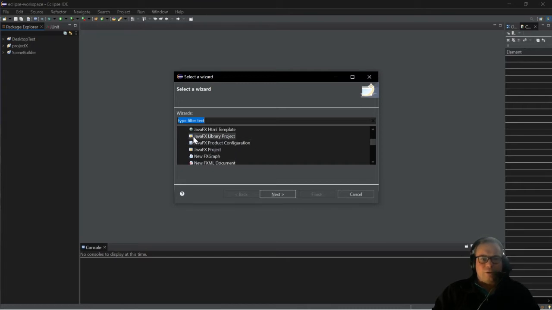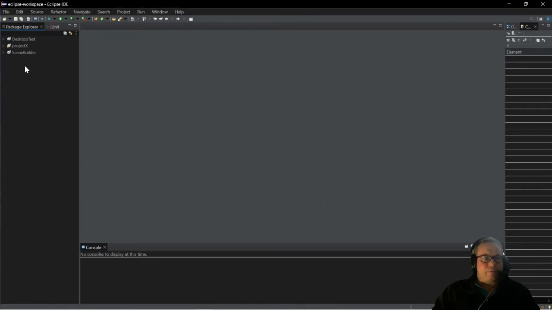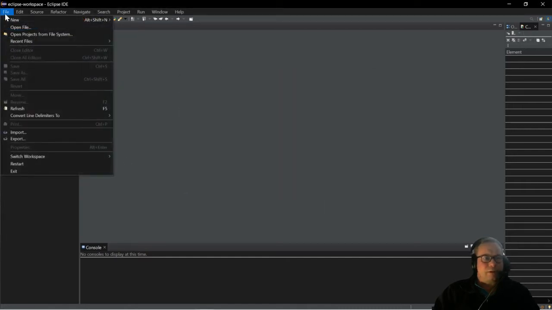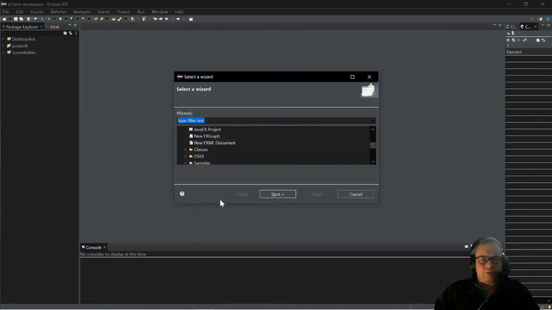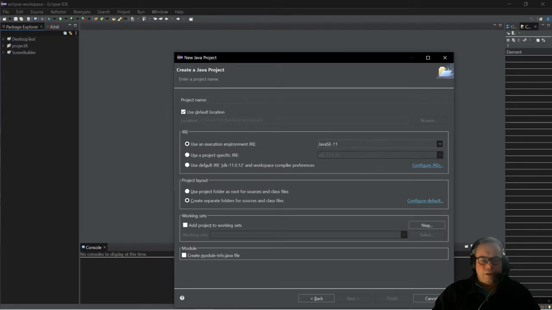So we are going to go to Java. If you followed me, I'm just going to say File, New, and we're not going to select Java Project. We're going to go to Other because it is a JavaFX project, so we're just going to go down to JavaFX Project. Next, and here we can just call this one, what shall we call it? Yeah, let's just call it